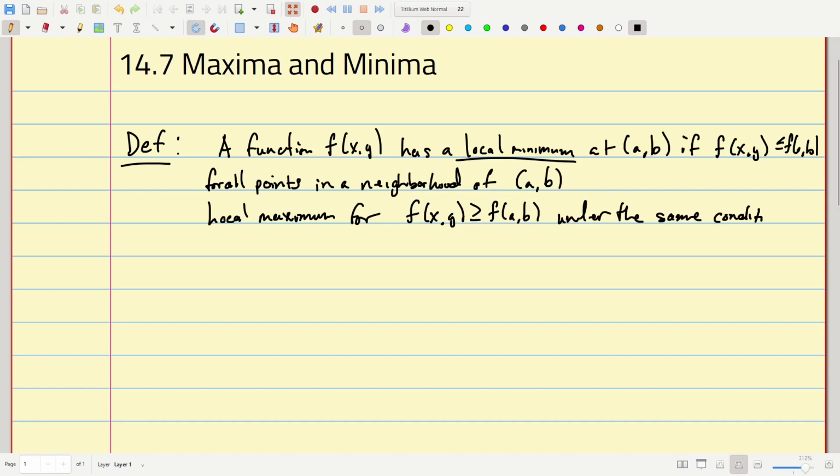We call it a local max if f of x, y is instead greater than or equal to f of (a, b) everywhere in a neighborhood. So we reverse the direction of the inequality,